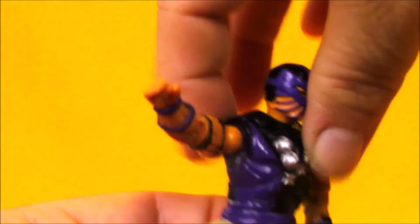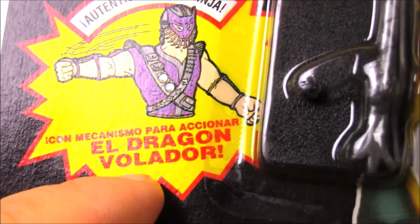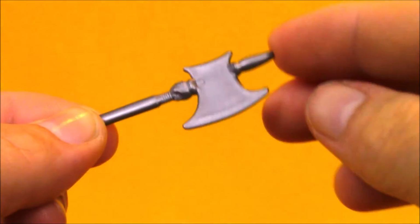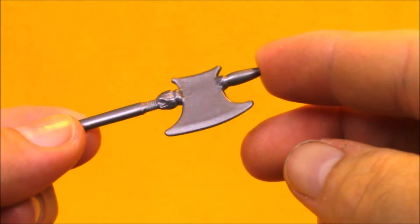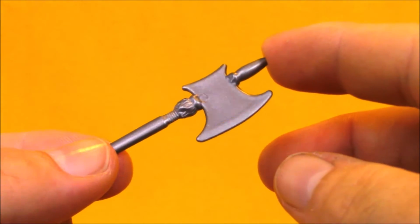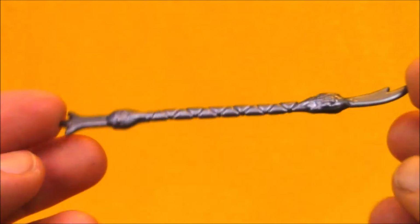It's not super exciting, but it's decent, I guess. And I'm sure it had a goofy nickname on the package. The Spanish version of his ninja action is El Dragon Volador. For accessories, Dice came with a silver battle axe. This was repainted several times for other Ninja Force and Street Fighter characters, as well as this bladed staff, which